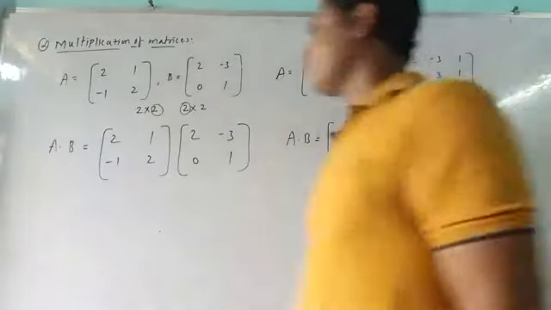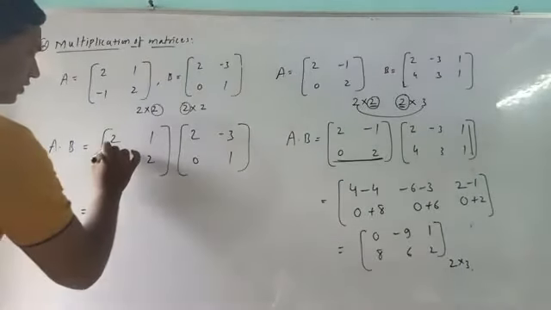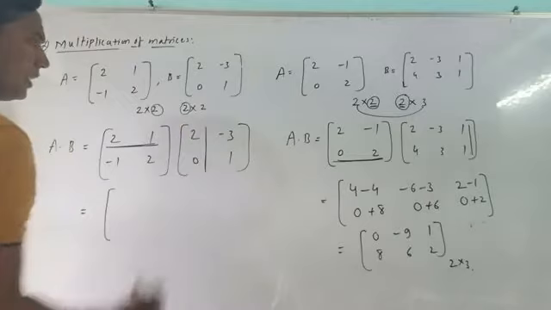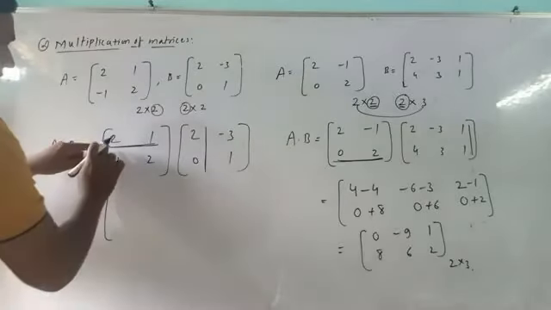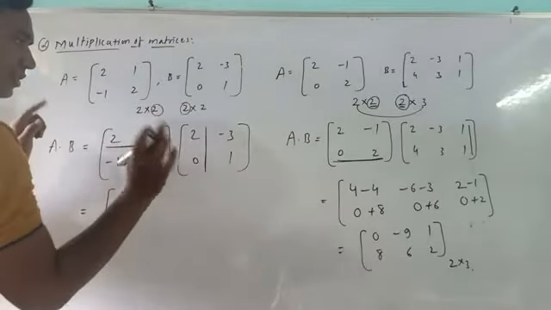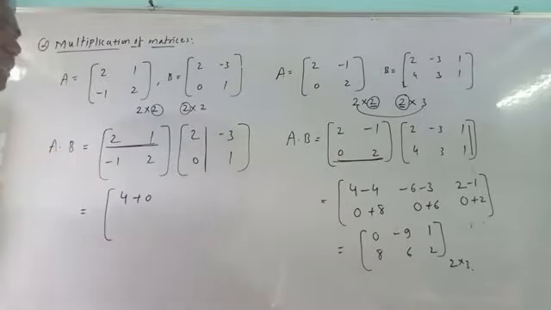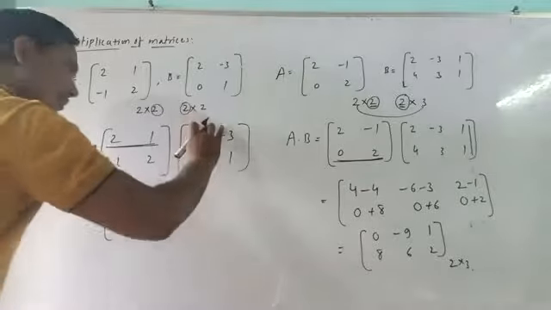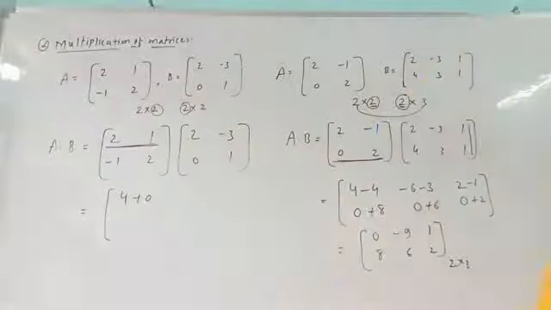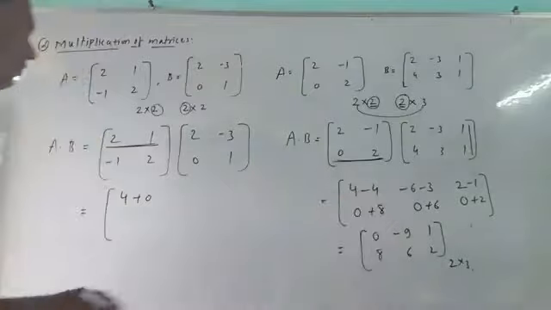So now, what we have to observe here in the second one. First, underline this one. The first row is multiplied with the first column of the second matrix. How to multiply? First element 2 into 2, 4. Finish. First element, finish. Now the second element is multiplied with the second one. 1 into 0, you get 0. Let's finish. Okay. Now we proceed to the next part. Answer. Okay, clear now.